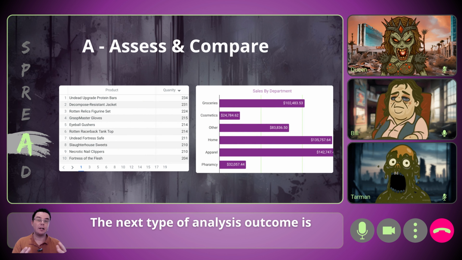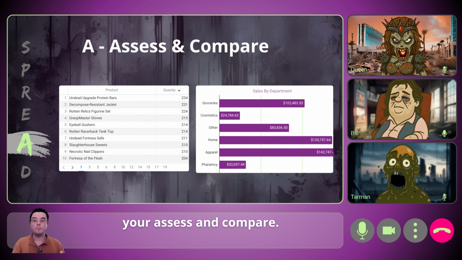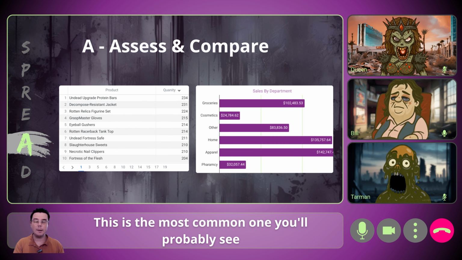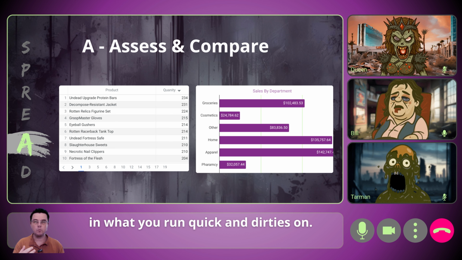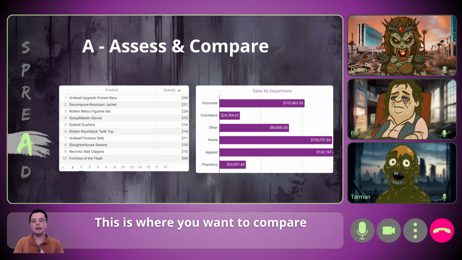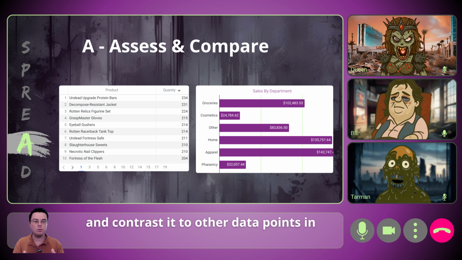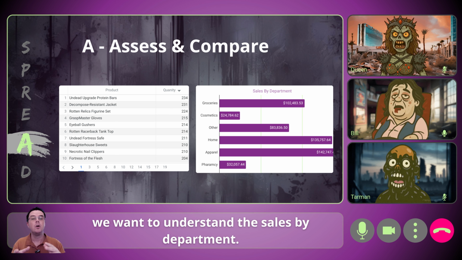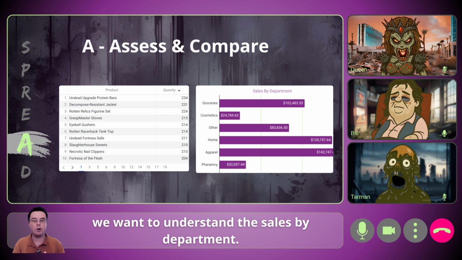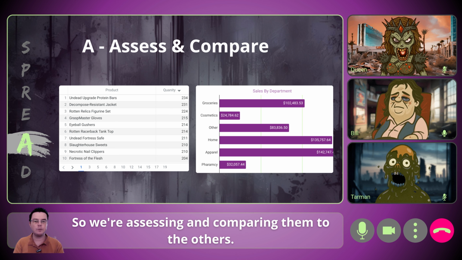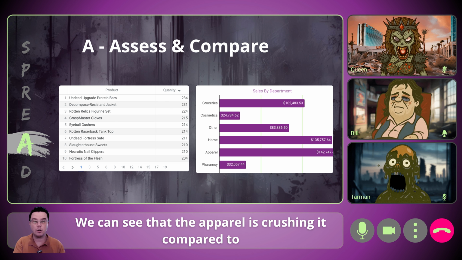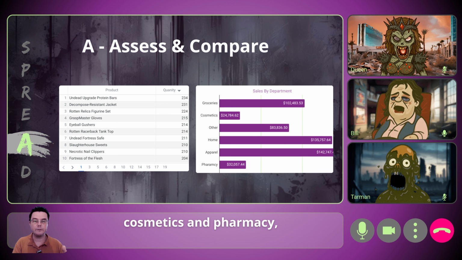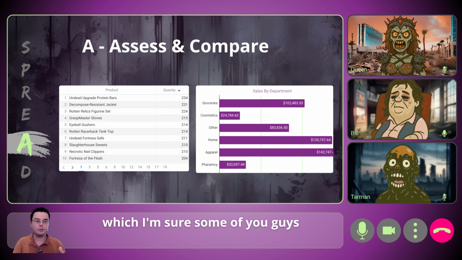The next type of analysis outcome is your assess and compare. This is the most common one you'll probably see, in which you run quick and dirties. This is where you want to compare and contrast it to other data points in the data set, like your bar chart shown in this example. Say we want to understand the sales by department. So we're assessing and comparing them to the others. We can see that the apparel is just crushing it compared to cosmetics and pharmacy,